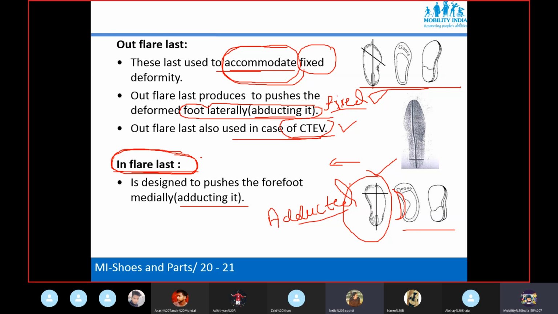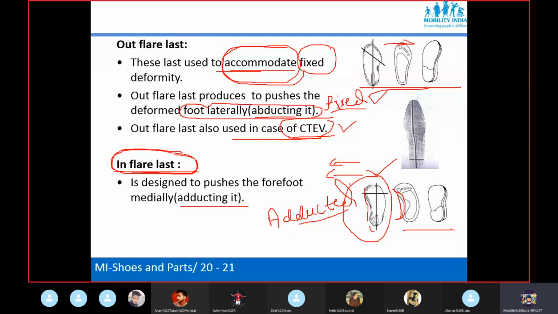Okay. So adduction means the foot will go towards midline. Abduction means the foot will go away from the midline. Clear? So when we say adduction, the foot is going towards midline, and if this adducted foot is fixed, then our objective is to accommodate the deformity.